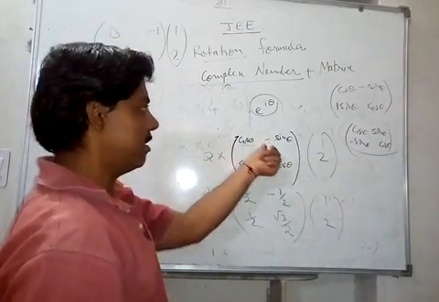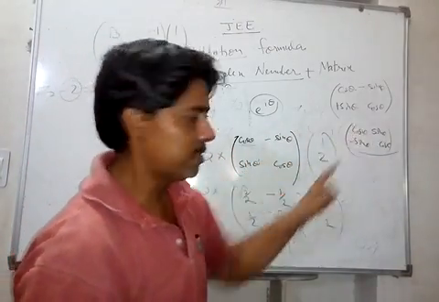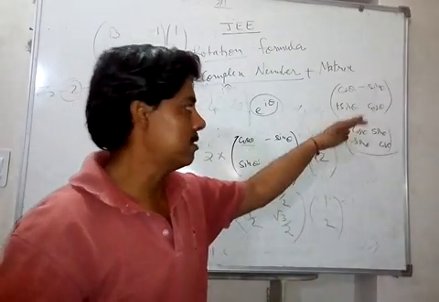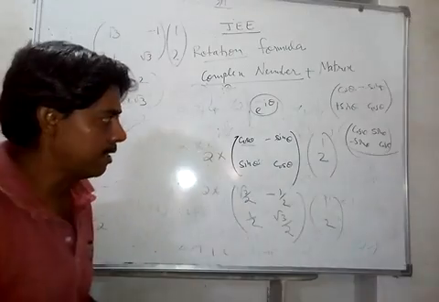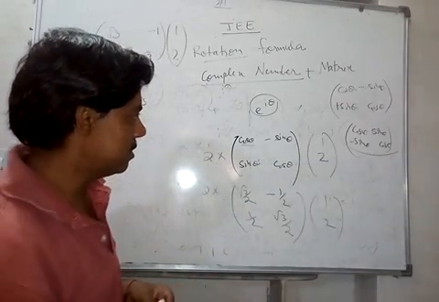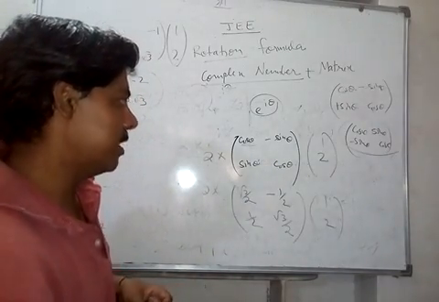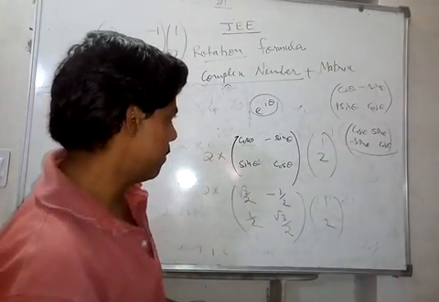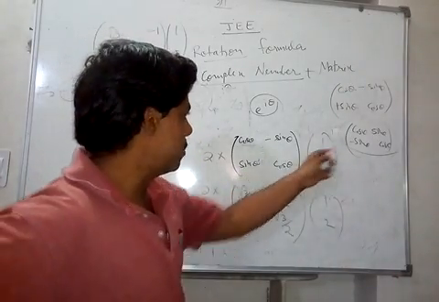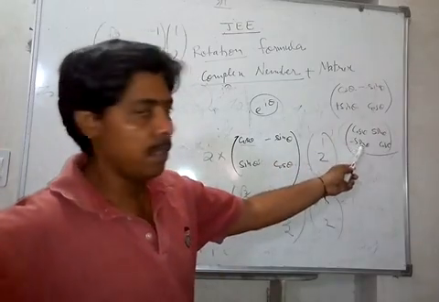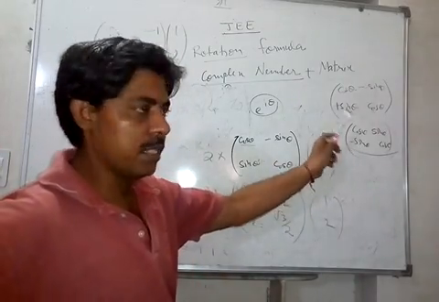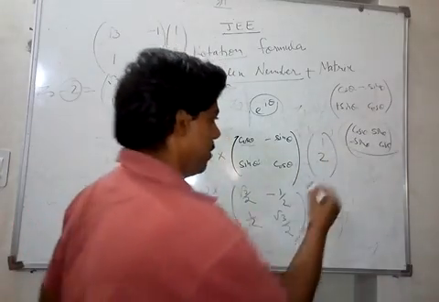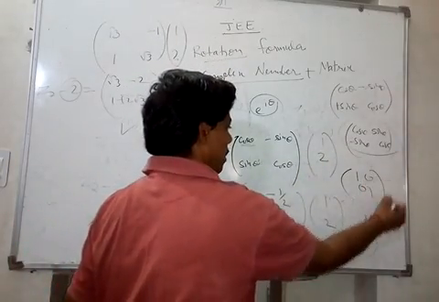Now this is the inverse of this, and if you look at it, the inverse is nothing else. If this is f of theta, then the inverse is f of minus theta. That is very interesting. And another thing is, if you multiply these two matrices, A and A inverse, what will you get? Cos theta into cos theta, cos square theta, plus sin square theta, that is 1, cos theta into sin theta minus sin theta into cos theta. We are getting 1 0 0 1.